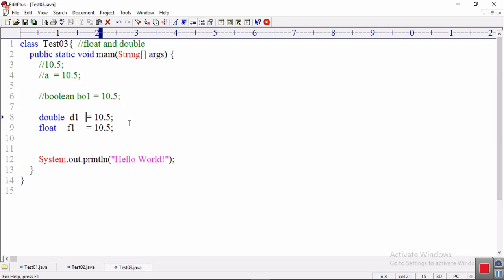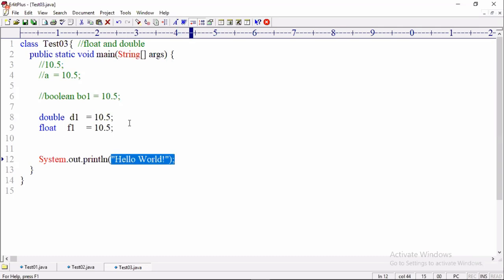Listen carefully. It looks like 10.5, but inside the JVM some more zeros are appended while storing this value. Whereas if you take 10.5 as a float, those many zeros will not be there. It looks like 10.5, but the implicit memory format, the memory architecture, is different.